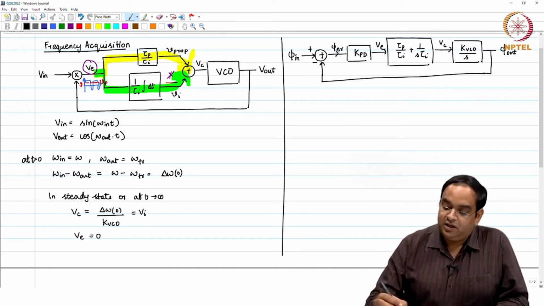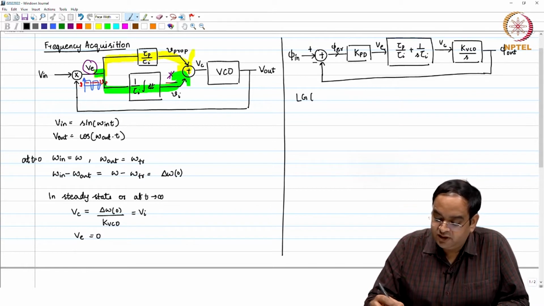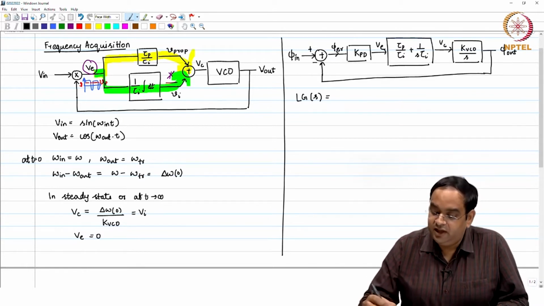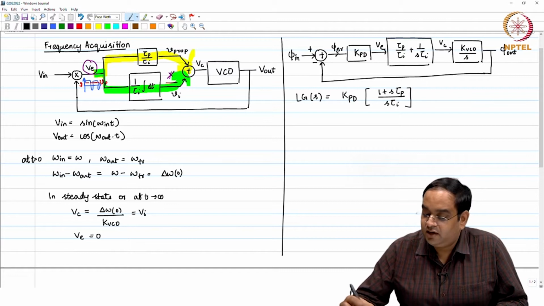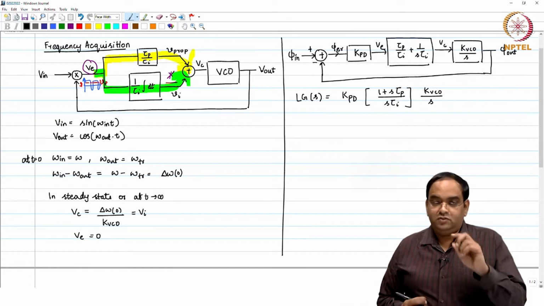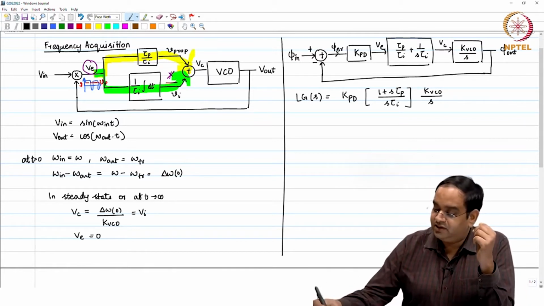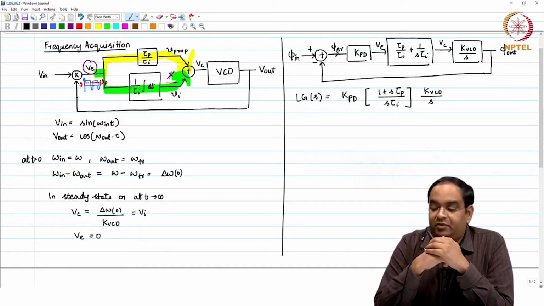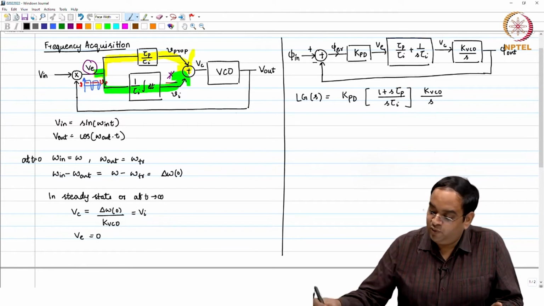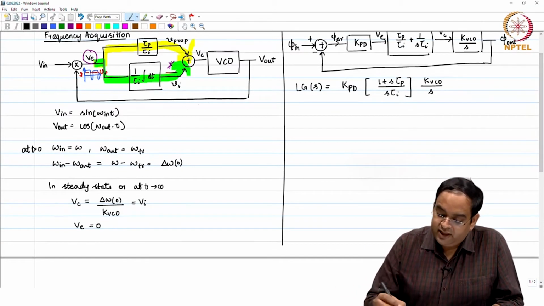control voltage. The loop gain of this small signal model of the PLL is KPD times your loop filter transfer function, which is 1 plus s times tau p divided by s tau I, and k VCO over s. Okay. So, to understand the need of the proportional path in this particular PLL, we can see that from the loop gain analysis also. In case